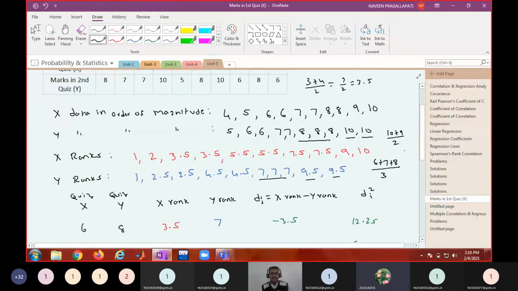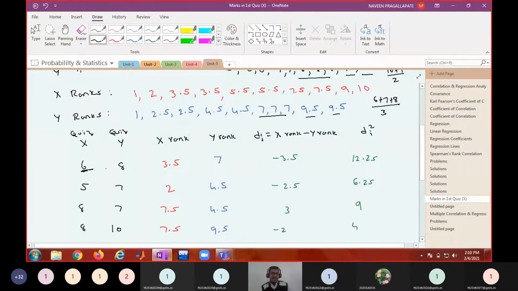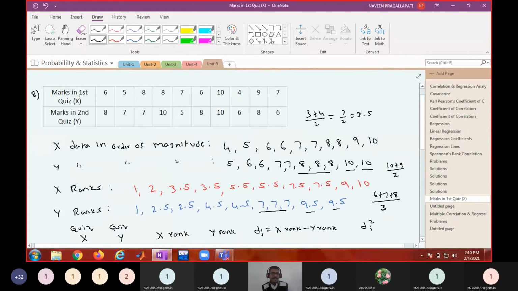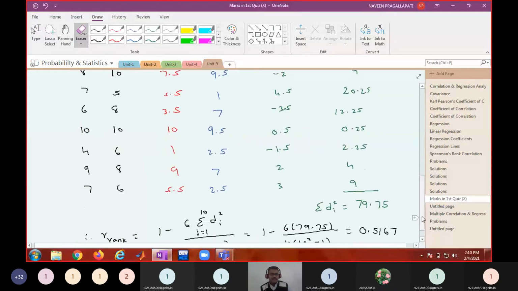Yes, sir. Thank you, sir. Then I listed out the original data as it is, and I wrote the corresponding ranks here. Here first 6 appeared. See in the given table 6 appeared. What is the rank of 6? The rank of 6 is going to be 3.5. Can you see this? Yes, sir. So in this manner, we assigned the ranks and computed the rank correlation. Okay, shall we proceed?